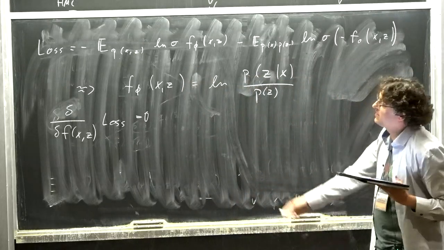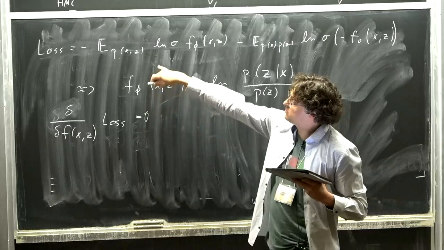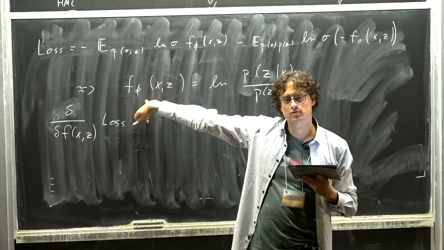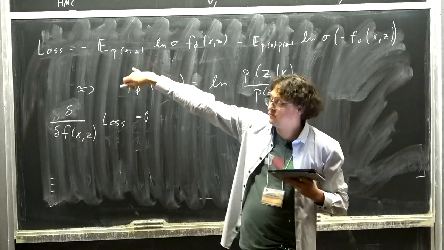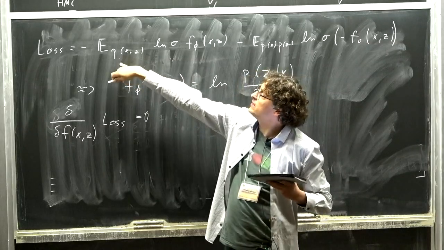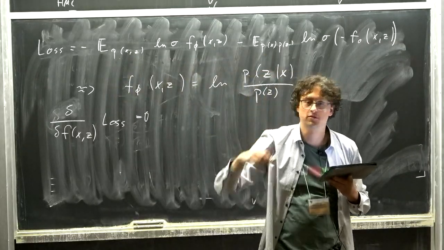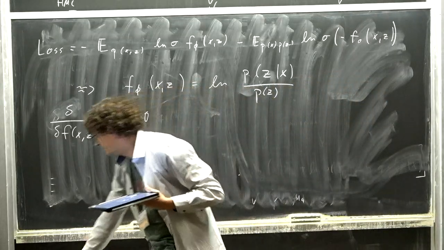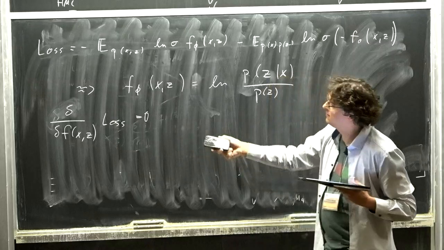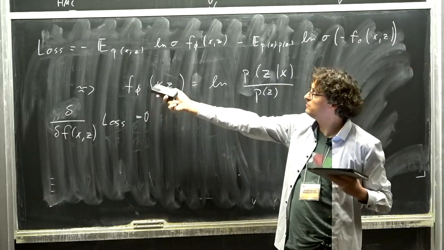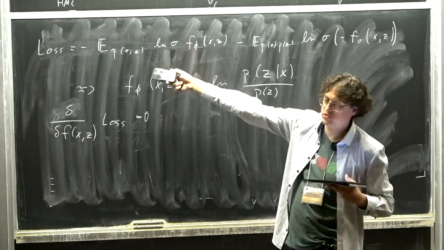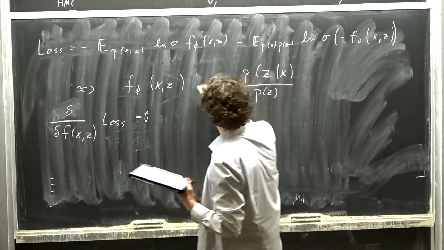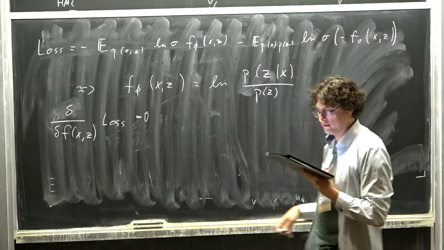So what this essentially tells you is that if you minimize the loss, in the limit of an infinitely flexible fitting function, which is your neural net, and infinite training data, where you can actually replace these expectation values with integrals, you get exactly the correct answer. In reality, since you have a neural net rather than an infinitely flexible fitting function, and finite training data, you get approximate results. But it's useful to do this by hand.